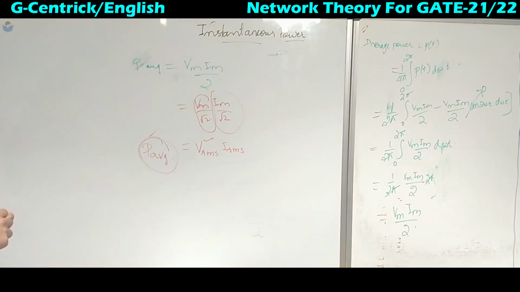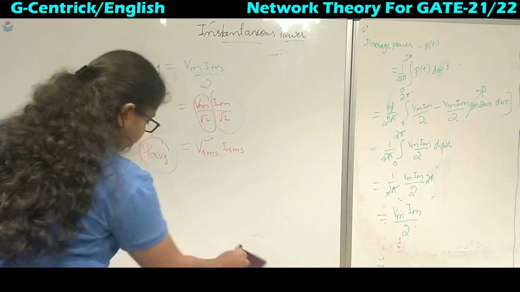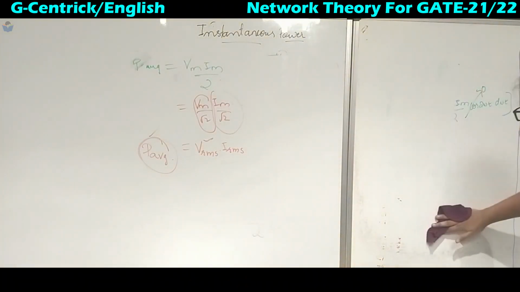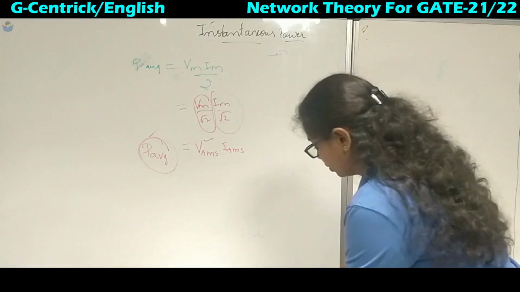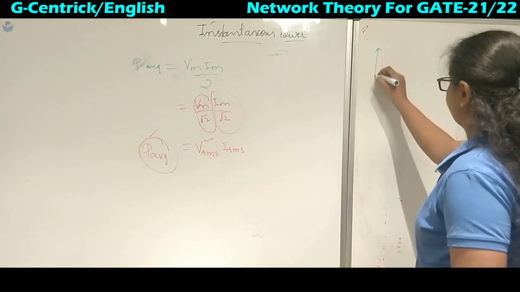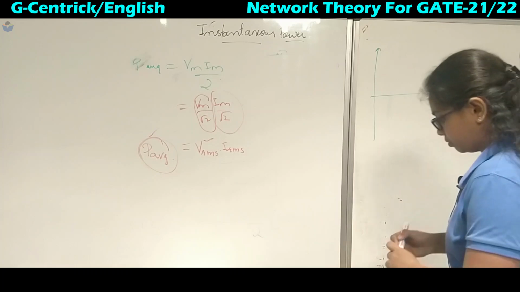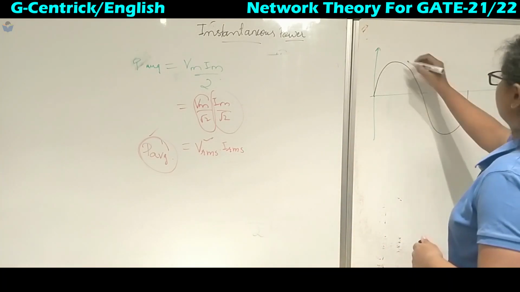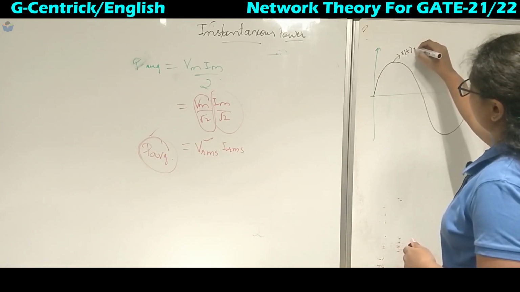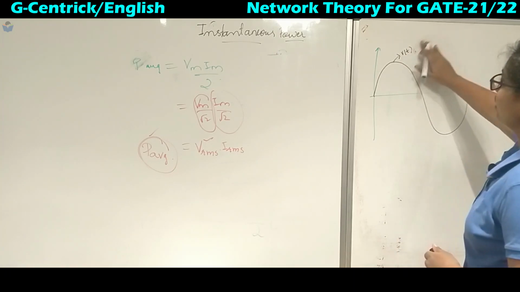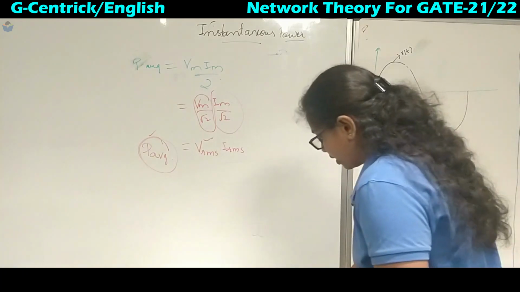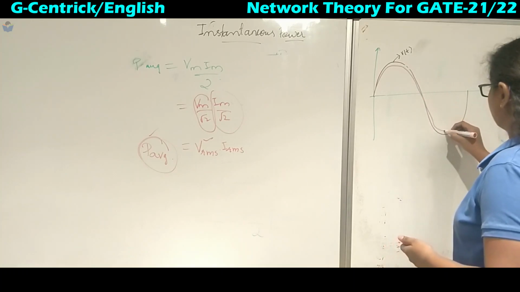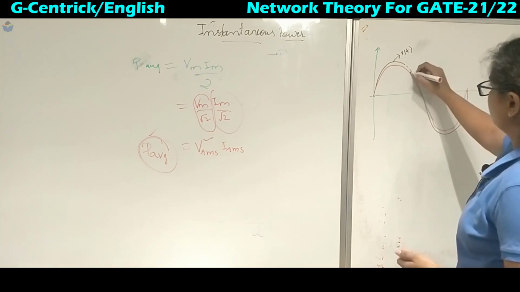So now we will see next the waveform of the average value. To see that, we will draw a sinusoidal wave for both the current and voltage. So I will draw it here. What is V of t? This black represents the V of t, which is Vm sin omega t. Next, what is I of t? I will represent it with red color. It will be almost the same magnitude. So this is I of t.